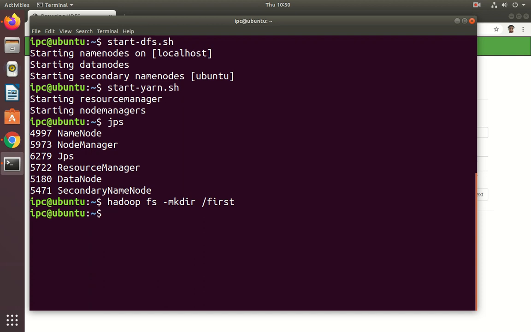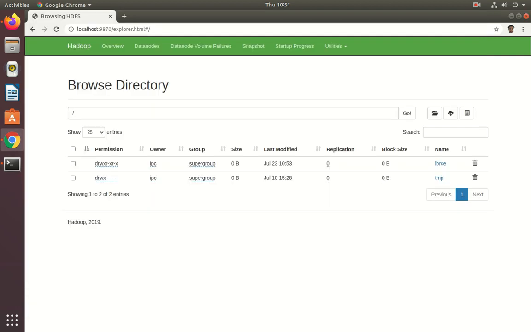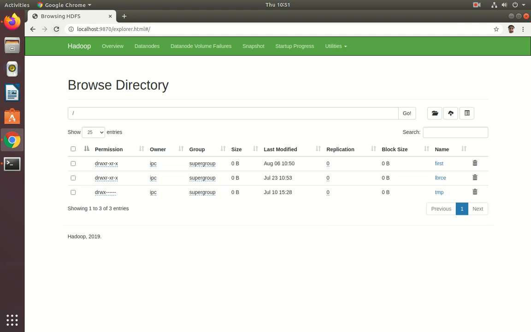See, the directory is created. You may go and verify whether the directory is created or not. Here previously I have the lbrc and tmp directories. Now I am creating one more directory. Just refresh it, and we can get our first directory.